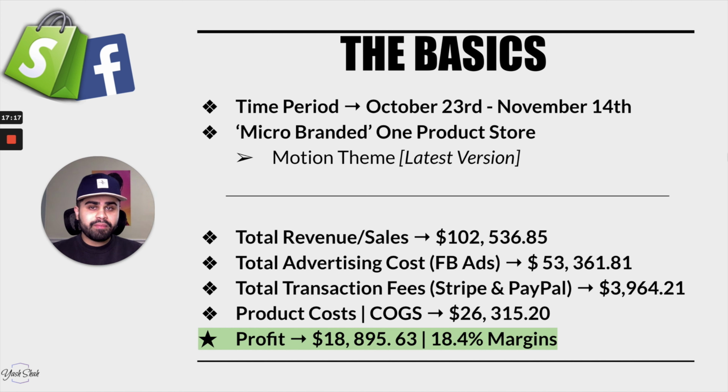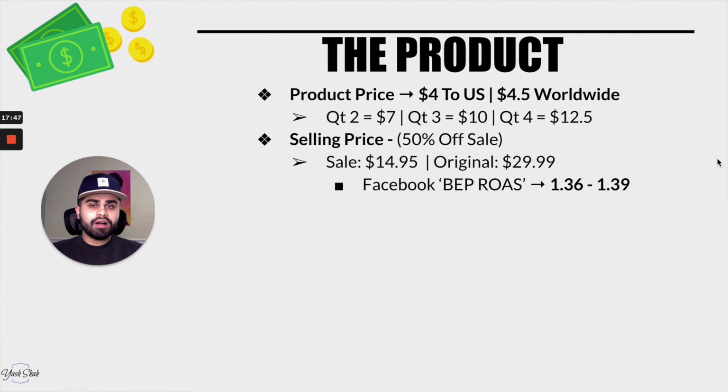Not the best profit margins, not the worst profit margins. Typically, most of my stores have a profit margin of 15 to 25%. In dropshipping, you'll mostly see anywhere from 10 to 20%. So not too bad. Moving on to the actual product, the price of the product shipped to the US was